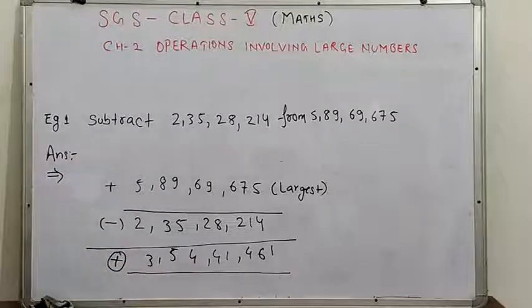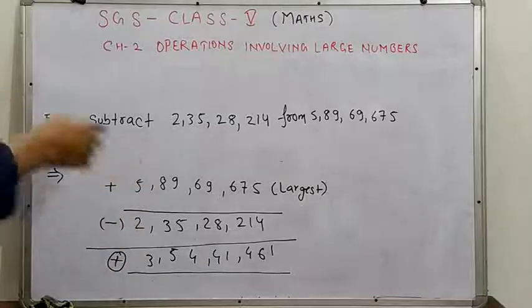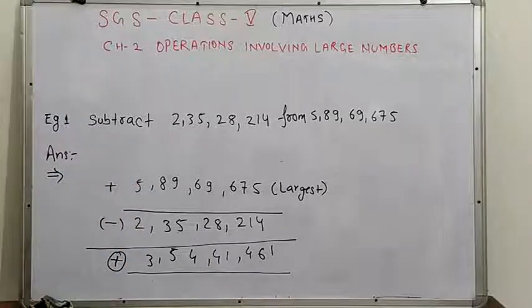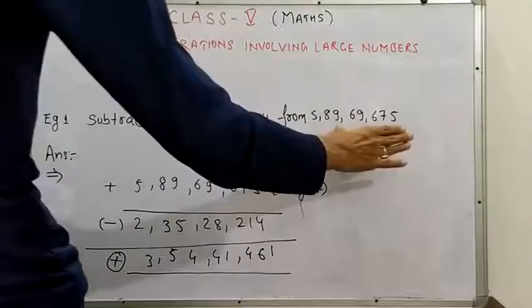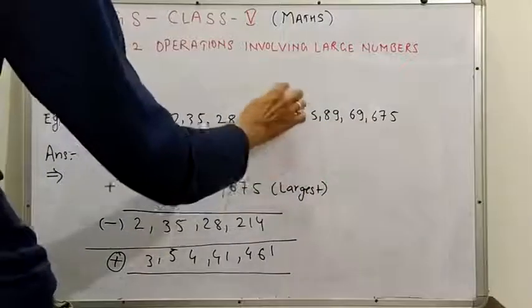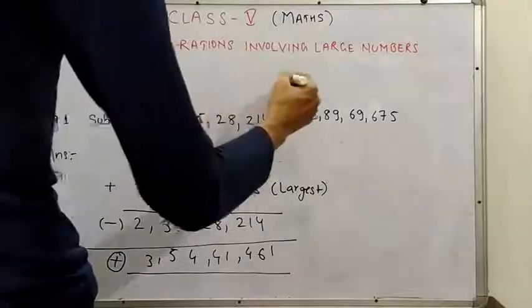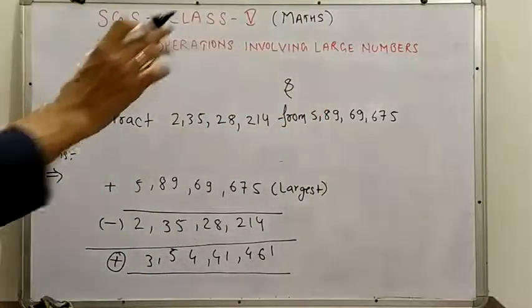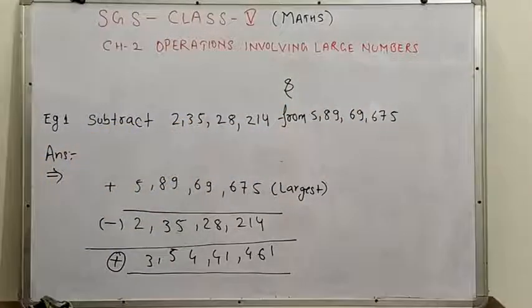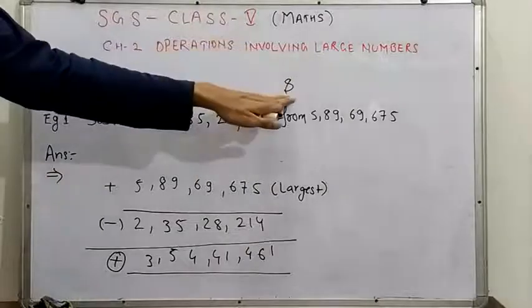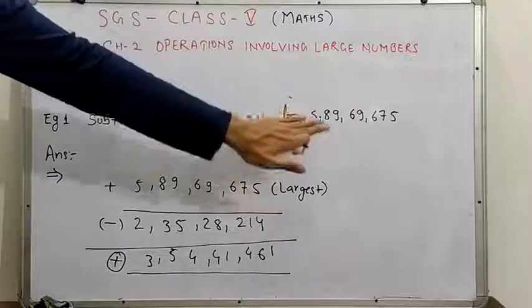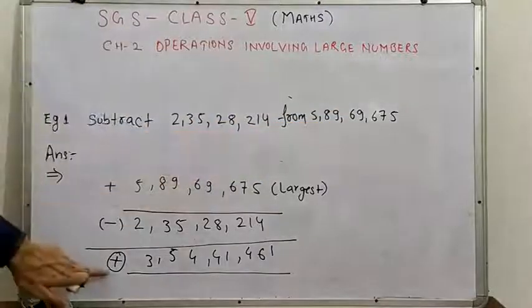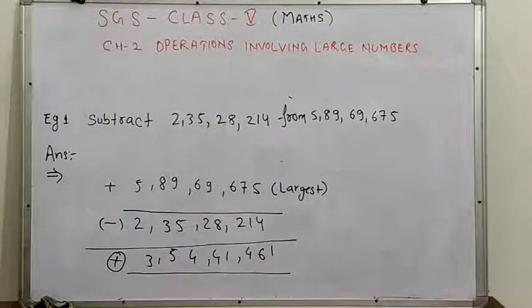That's why I have solved it two ways, so you should not be confused. If the first number is smallest and the second number is largest, and an AND condition is given between them, then you have to subtract the smaller from the largest number, but always put the symbol of the largest number. That is, when AND is given, the symbol will be negative, but when from is written, then we have to subtract this number from this one and the symbol will become positive. I hope you understand it.